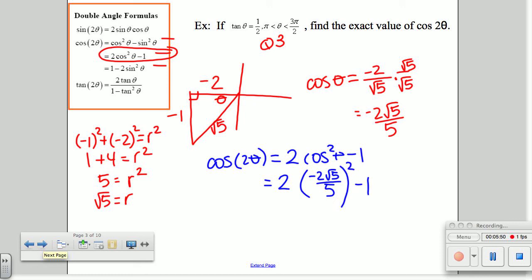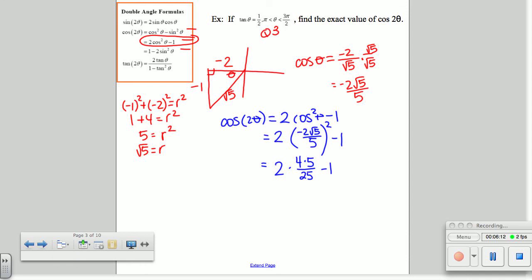Now, to square a fraction, you have to square both the top and the bottom. When I do that, and I square negative 2 root 5, negative 2 squared is 4, and root 5 squared is 5. When I square the bottom, I get 25. If I keep going, I'm going to have 2, or 2 over 1, times 20 over 25 when I multiply,